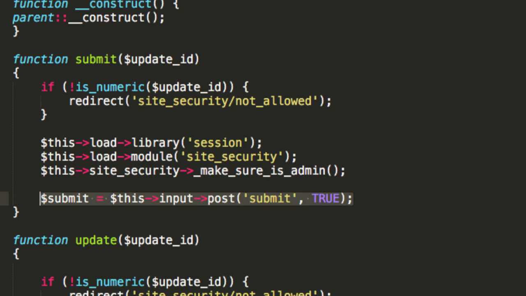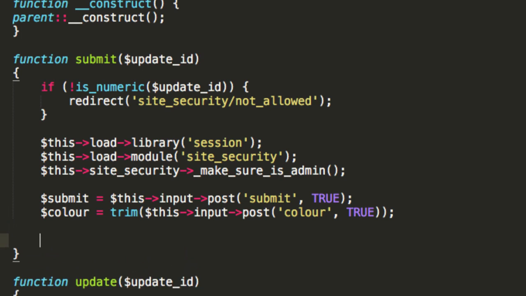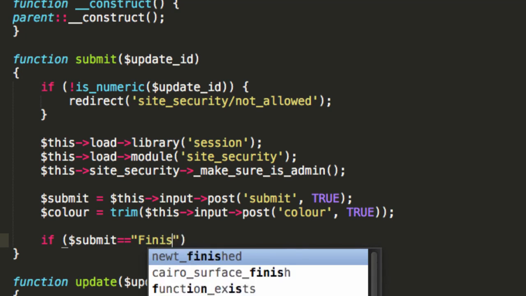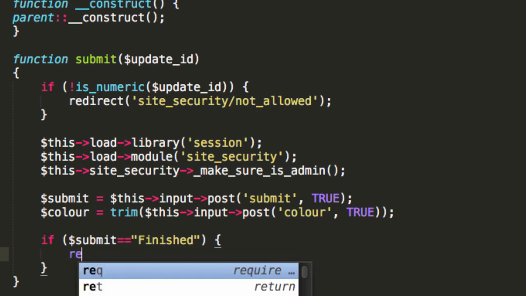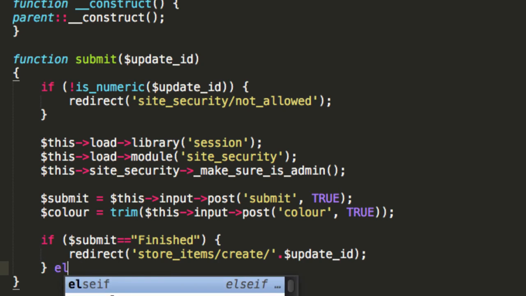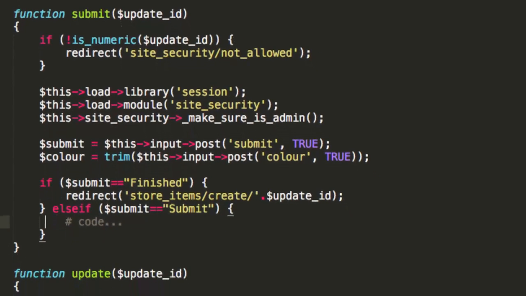Okay, and we also know that we've got this field called color that has been submitted. Here it's here. Now I'm going to trim color for reasons which will become clear in just a moment, and I'm going to say that if submit is equivalent to finished, then redirect to store items, create, update ID. Otherwise let's do an else if here. If submit is equivalent to submit, then